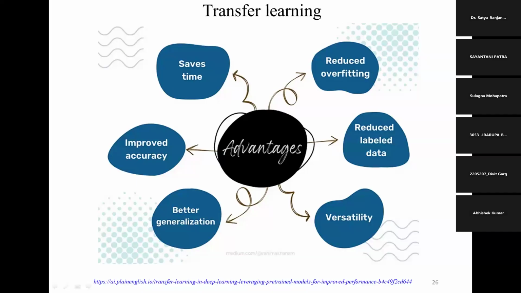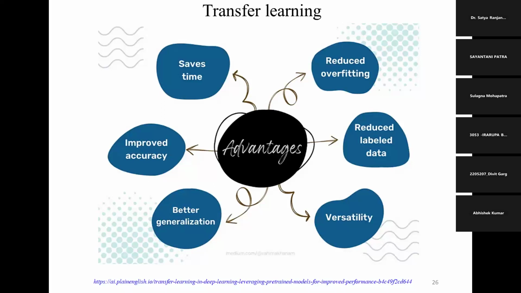Better generalization means, like, one student yesterday asked me if we have developed a model in India, can it work in the US or somewhere else? If we design a model in India, we can freeze that model, and with a little bit of hyperparameter tuning it might work at a US hospital. So we can say the same model can work in India and the same model can work in the US, so it shows a model's generalization ability and versatility.